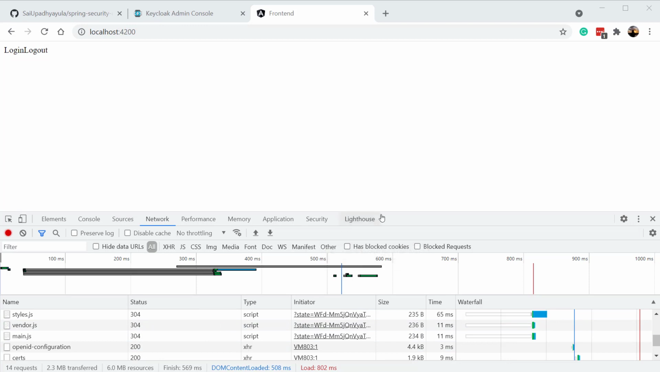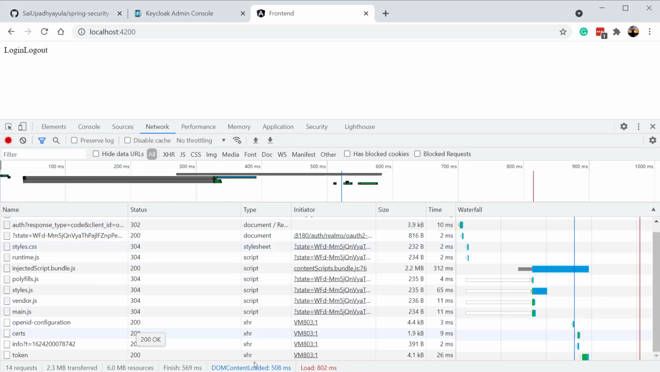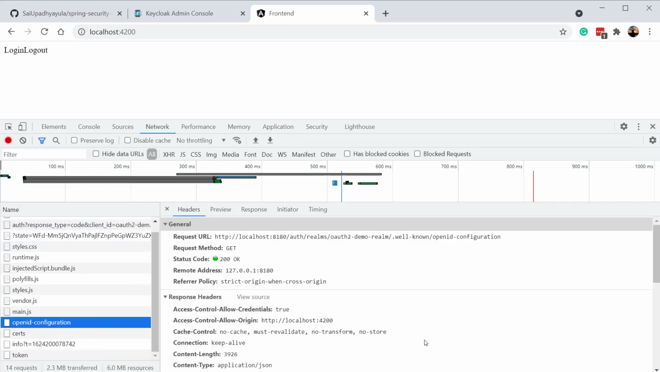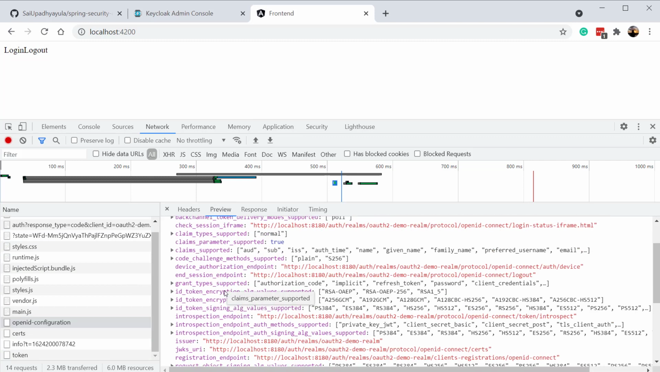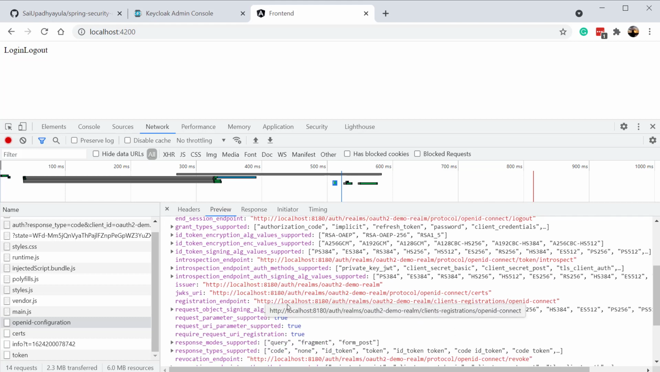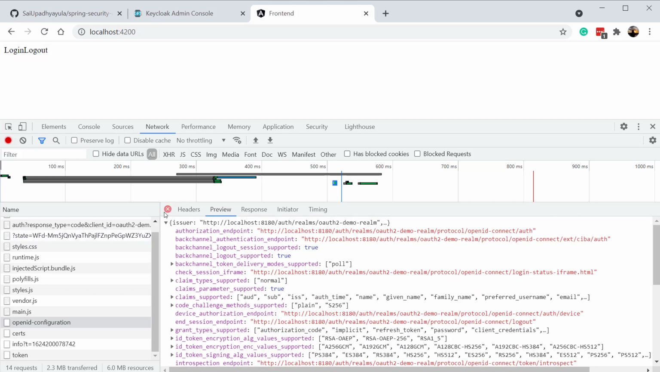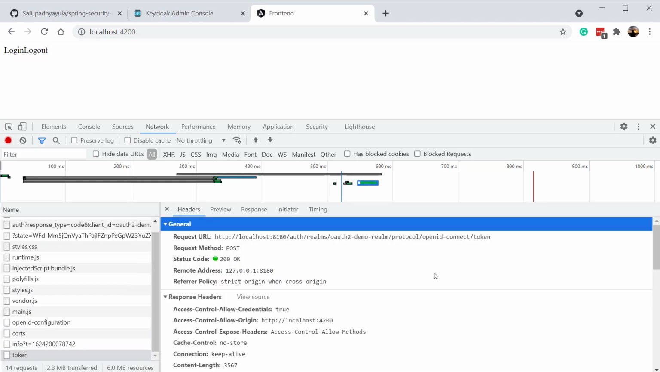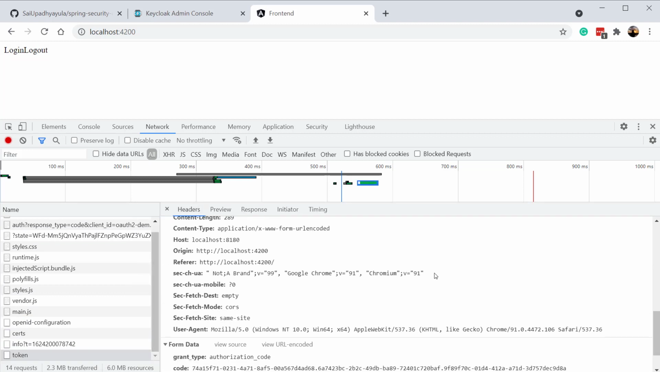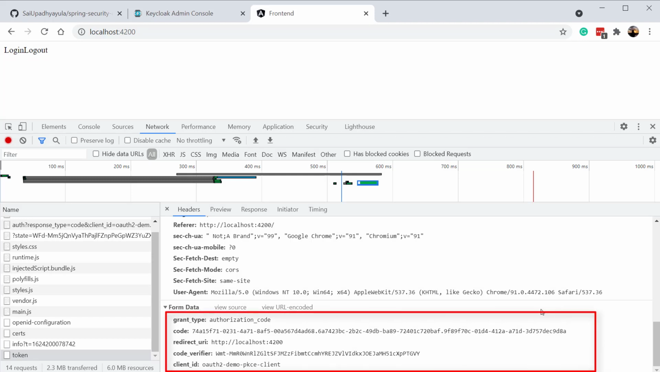So this is the discovery document which is returned by the authorization server. If you see the response, you can see all the information we saw before here, and the client will make use of this data to make a token endpoint POST call to the authorization server. You can also see that it sent the grant type as code, the authorization code it received from the Keycloak, the redirect URI, the code verifier which is generated by the Angular OAuth2 OIDC package, and the